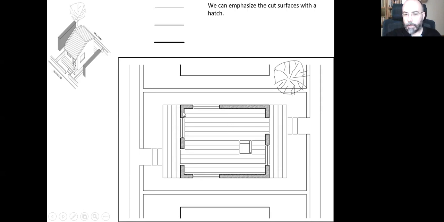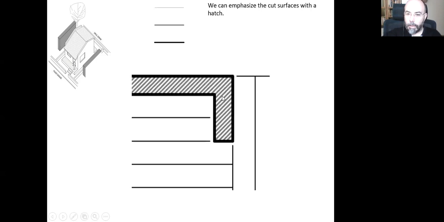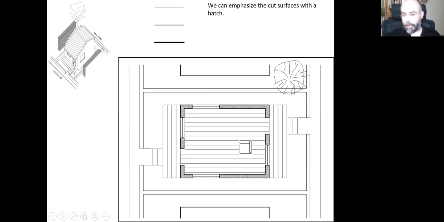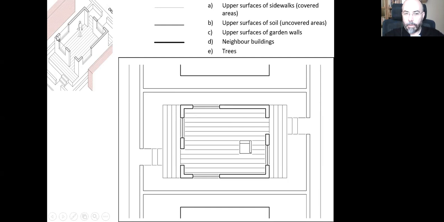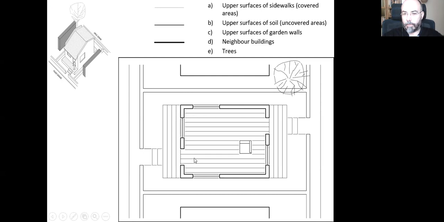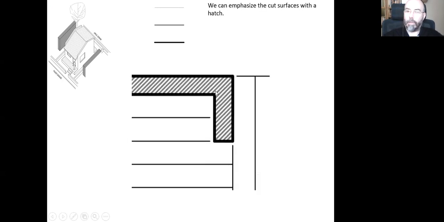And by using a hatch, again, I can emphasize the cut surfaces, like by using thinner lines here, which are very close to each other and positioned at a 45-degree angle. It's just to indicate that these surfaces are being cut. And please do not forget, I just need to do this hatch for these cut surfaces. That's all, nothing else. I don't do this hatch for the surfaces that I see. I do this hatch for only the surfaces that are being cut horizontally. So I have only wall surfaces here. So this is how I need to do the hatch to indicate these cut surfaces